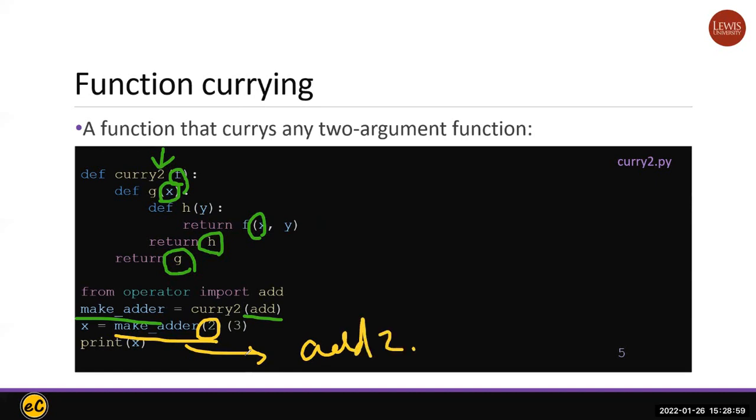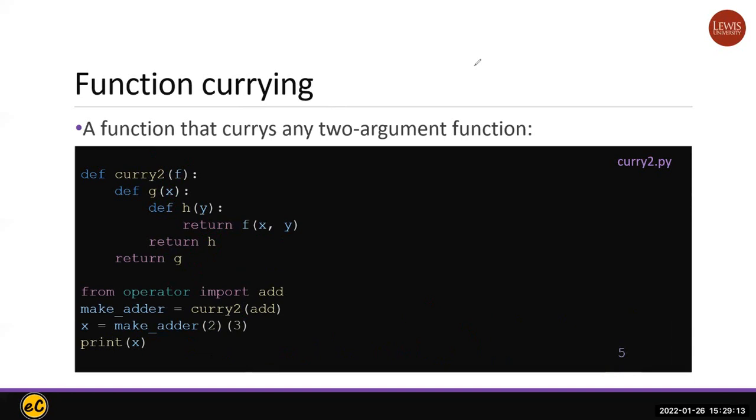And this add2 function will take a parameter of 3 and now return 2 plus 3, and you get 5. Okay, so this is a two-level currying function. It creates a make adder function. And then this one is to create a function. Okay, curry2 is to create a function, and the first parameter will be